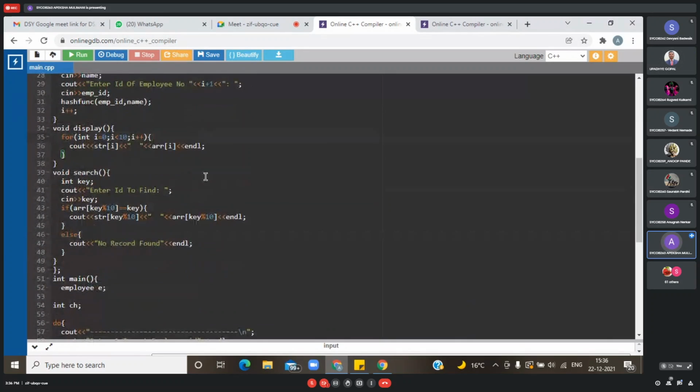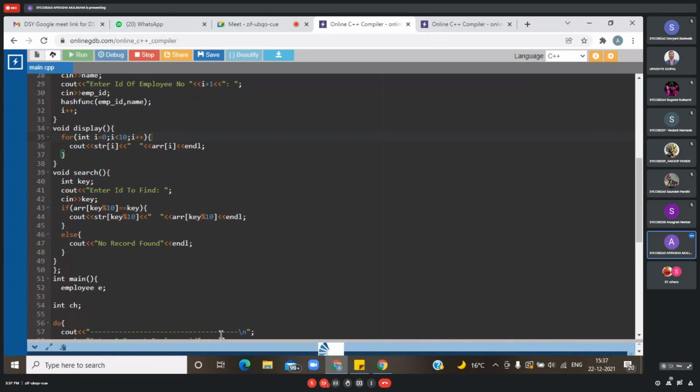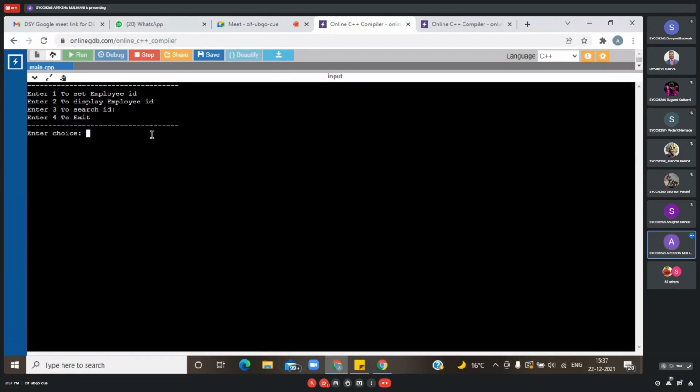If the user wants to search a particular employee, the user will need to enter the ID, and after the ID is entered, with the help of this if condition, I've checked whether it matches. Run this code. Yes. Name.